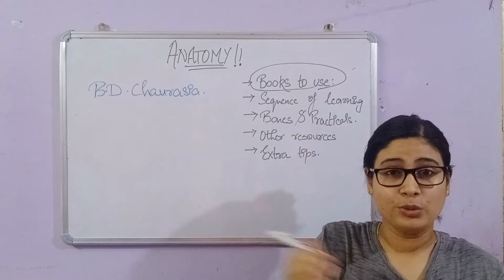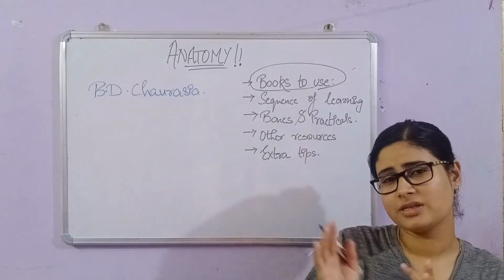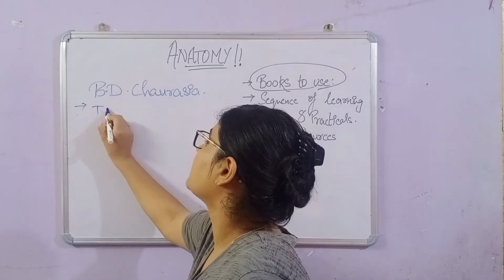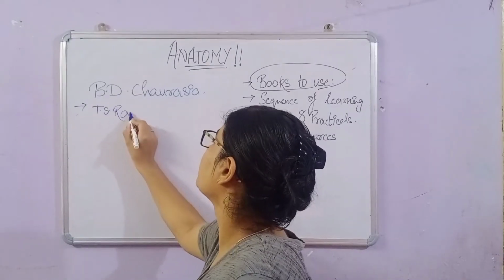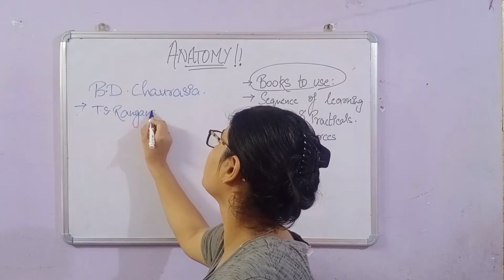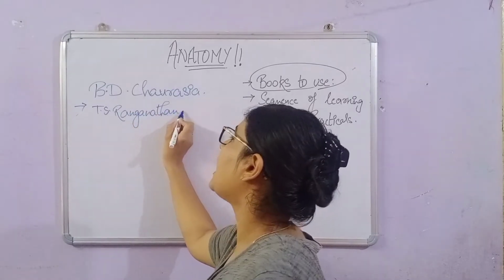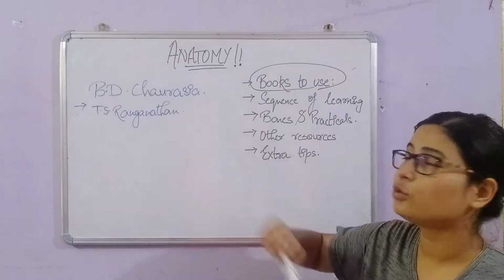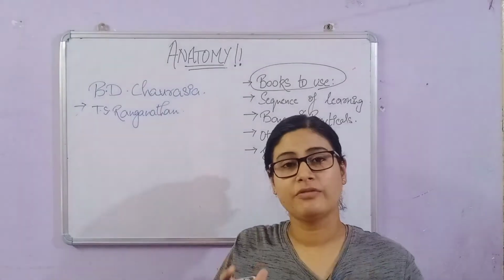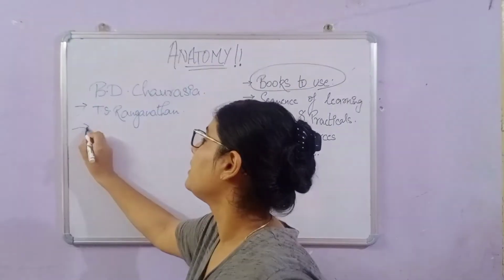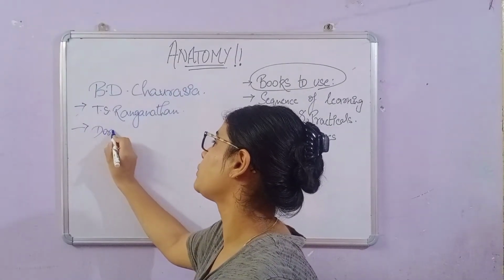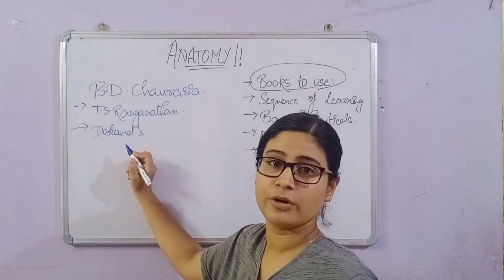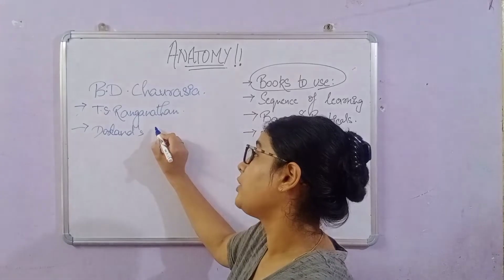Another book that I used specifically for diagrams, because the diagrams were easier in that book, is the T.S. Ranganathan book. I'll show you the books after some time. These are the two books that I use. Then I use one dictionary, which is Dorland's Dictionary. Don't worry, I'll be showing all the pictures to you and I will also add the link inside the video description for where to buy these books.